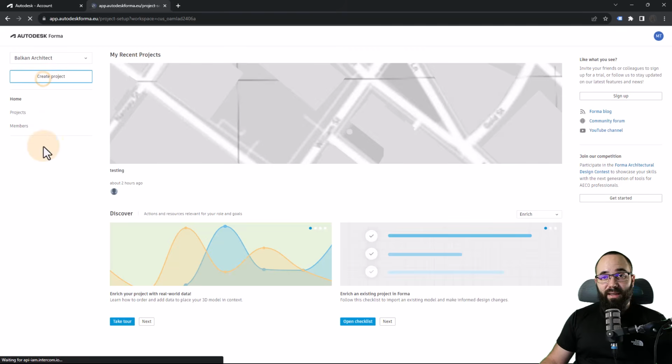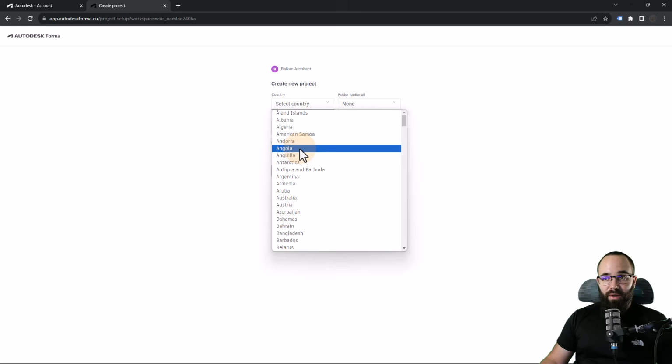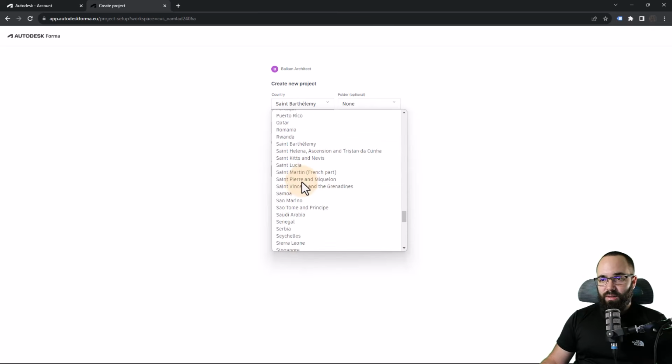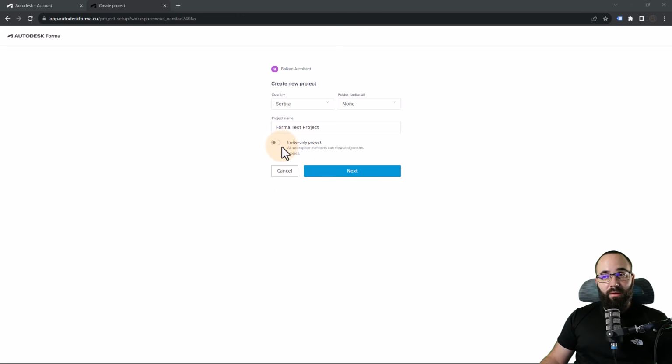Okay, so to start a new project, what you want to do is go here to create project, and that's going to open up this page. You want to select your country, well, the project location country. So I'm just going to search for Serbia here. Let's see. Then for the folder, you can put it in one of the existing folders, or you can just leave it at none. And then for the projects, let's call this one a FORMA test project. You can turn on invite only project if you want, so if you don't want just anybody to have access,